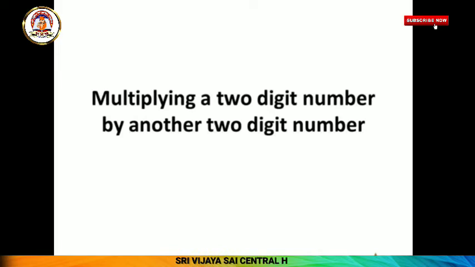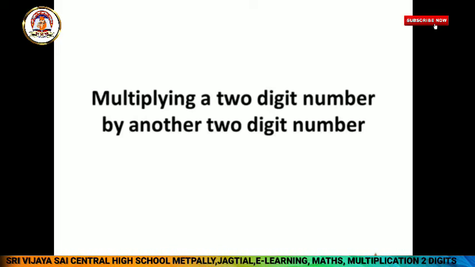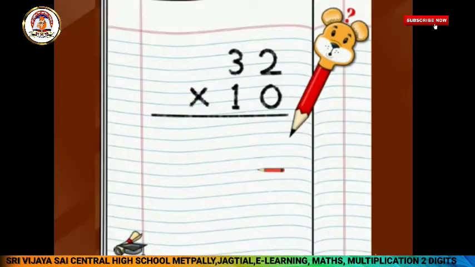In this video, we are going to learn how to do multiplication of a two-digit number by another two-digit number. Okay, so let's start. Let's take an example. Let's say we would like to multiply 32 by 10. Just like we saw in the last video, we write 32, multiply represented by x or cross sign, and then we write what we want to multiply this number 32 by,